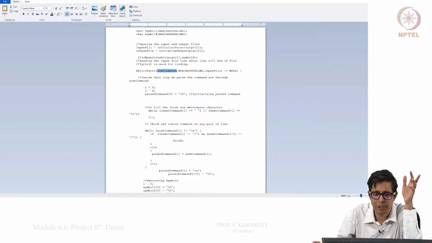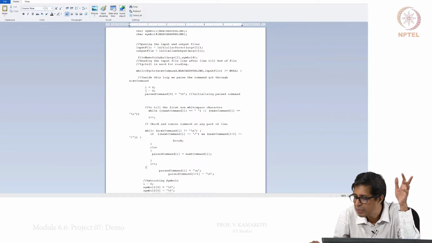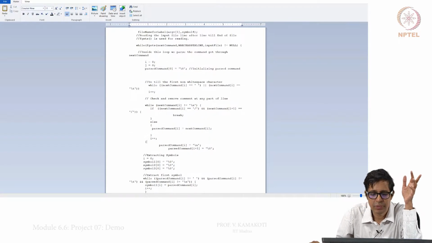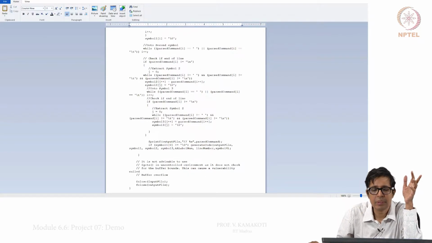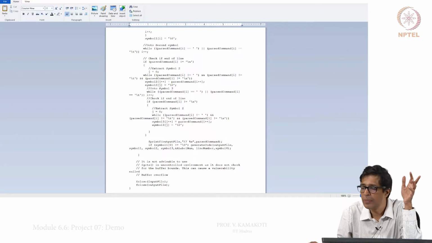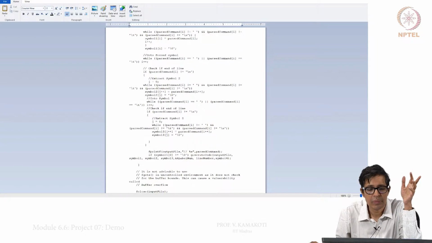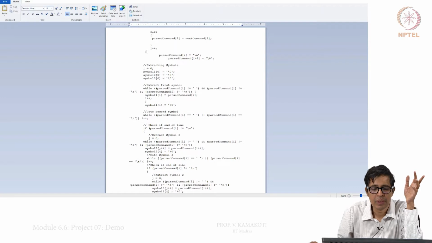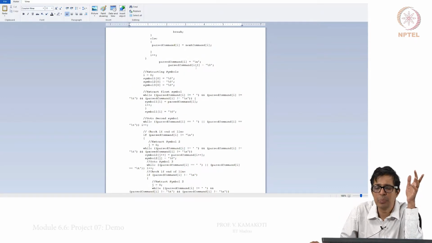taking this next command into a passed command till I reach the end of that line. At the end of this first while loop, as you see here, I have removed lines that have comments.